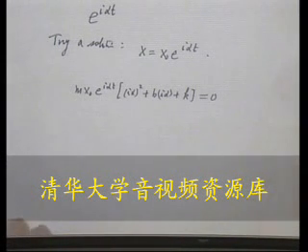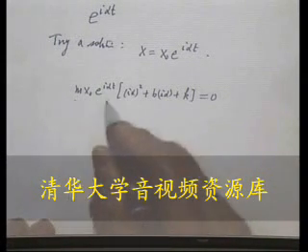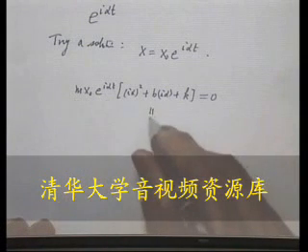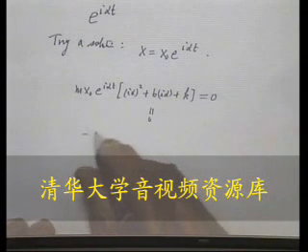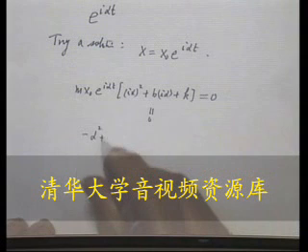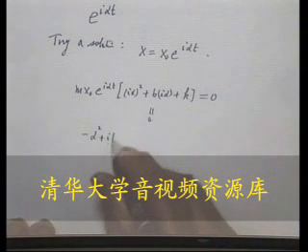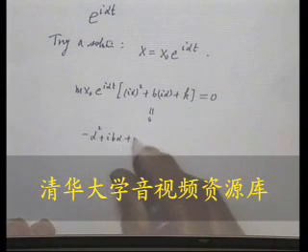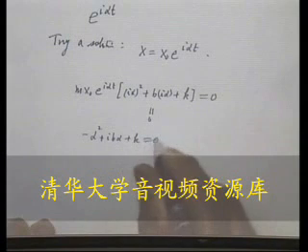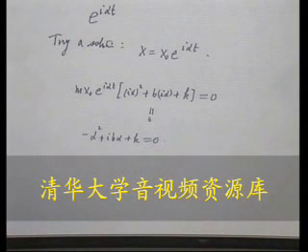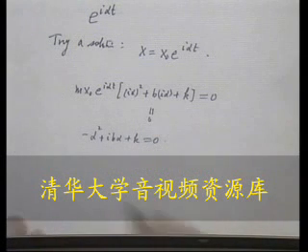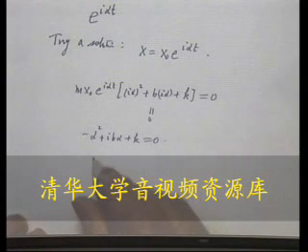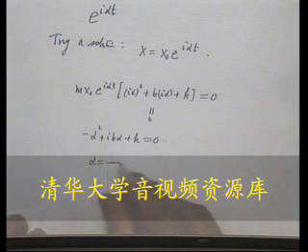So that means I get, this is not 0, so this has to be equal to 0. So I get minus alpha squared plus i b alpha plus k is equal to 0, no more x. So that determines alpha. This is a quadratic equation, so we get alpha is equal to,